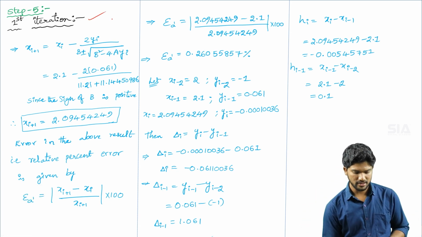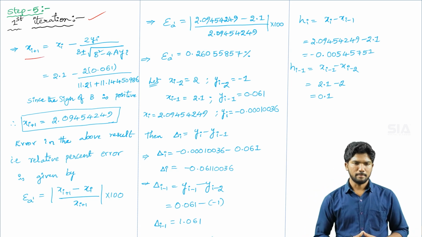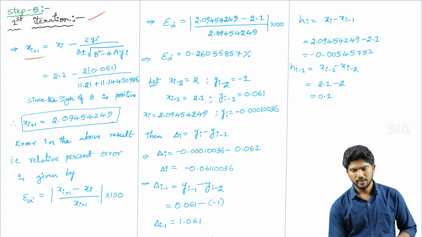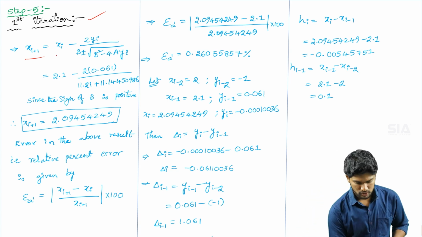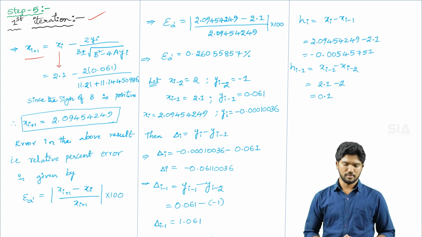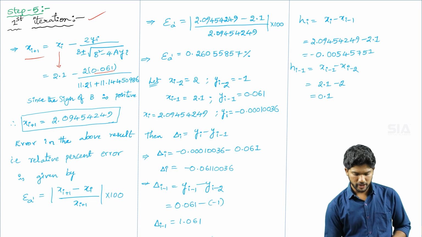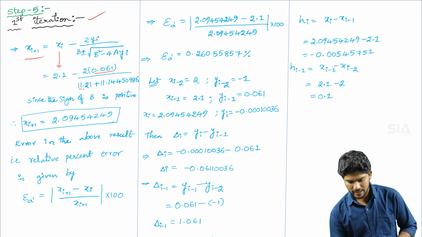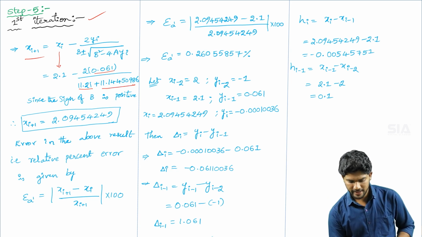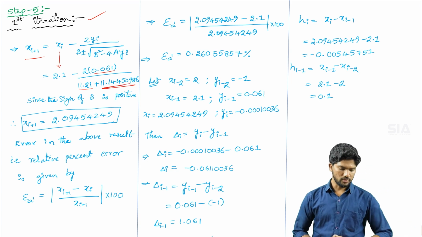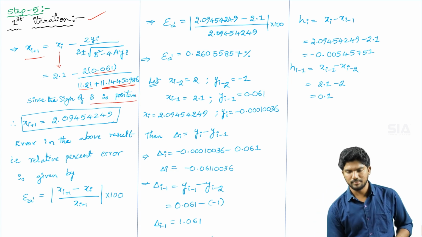Okay, so the first iteration: I am taking x suffix I plus 1 equal to x suffix I minus 2yi by b plus or minus under root of b square minus 4ayi. Substitute the x suffix I value 2.1 minus 2 into the y suffix I value 0.061. We already derived capital B is equal to 11.21, plus the value we already derived, 11.1414 50986. If you simplify that value, since the sign of capital B is positive,